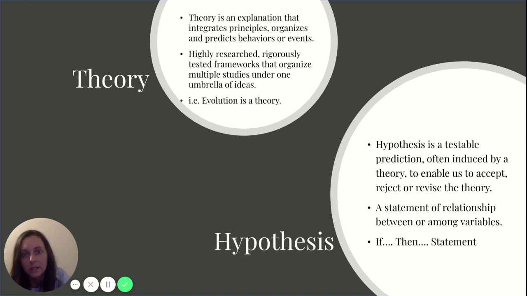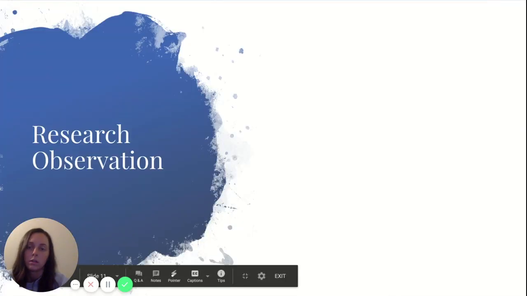We also have a hypothesis, which most of you should know at this point. It's just a testable prediction, and it's often induced by a theory. So we have an idea, we have a theory. Now we want to do an experiment and we need to create a hypothesis. So this is an if-then statement. If this occurs, then this will occur, or if this is the variable, then this will happen. I bet a lot of us are really familiar with that. You've probably been having to write hypotheses since middle school using that if-then format. So just keep that in mind. We do have those here in psychology as well.